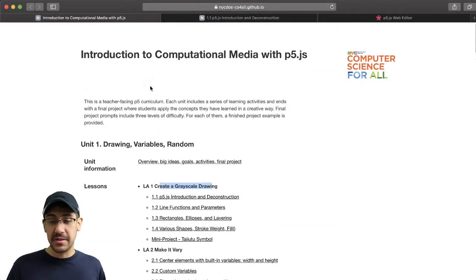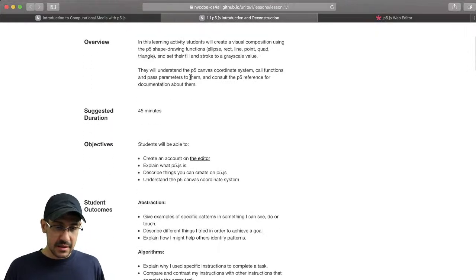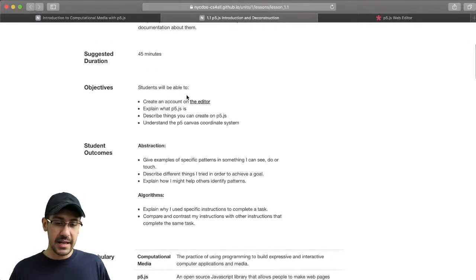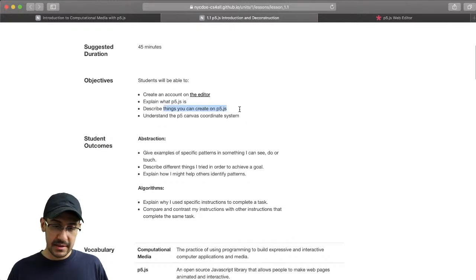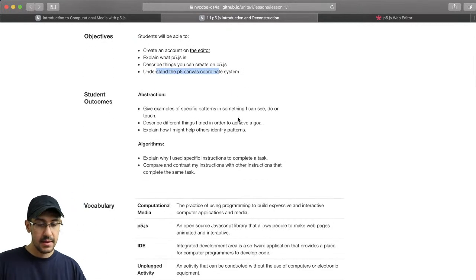I guess maybe teachers are supposed to create their own student-facing side from the lesson plan. This looks like a lesson plan, so students will be able to create an account on the editor, explain what P5 is, describe things you can create, understand the Canvas coordinate system. Okay,